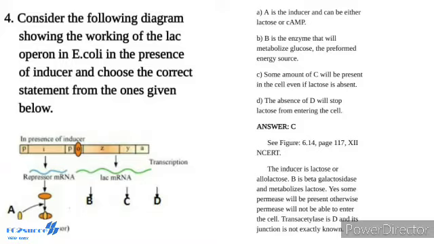The Z gene codes for beta galactosidase, that is beta gal, which is primarily responsible for the hydrolysis of the disaccharide lactose into monomeric units galactose and glucose. The Y gene codes for permease, which increases permeability of the cell to beta galactosides. The A gene encodes a transacetylase. Hence, all the three gene products in the lac operon are required for metabolism of lactose.